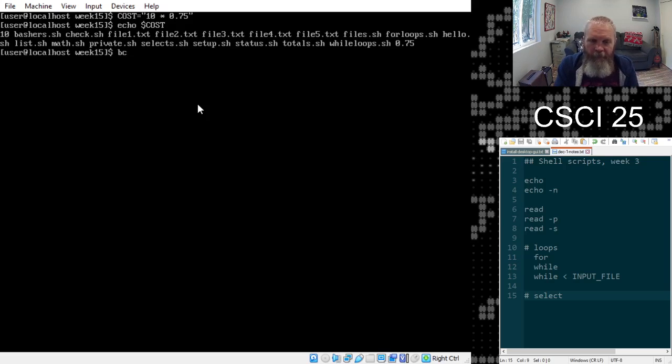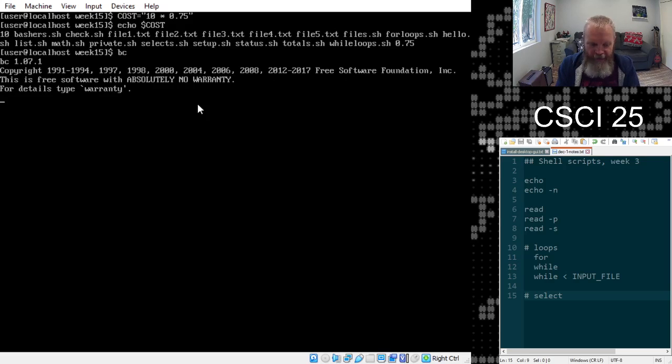So instead what we used is, from the command line at least, the BC calculator. If you type BC and hit enter, you're actually in the calculator and you can do math like that. You can just type math in the BC calculator. I'm going to do Control C to get out of there. But if you need to do it from a script, then what you would do instead is use an echo statement and say 10 times 0.75, and then,